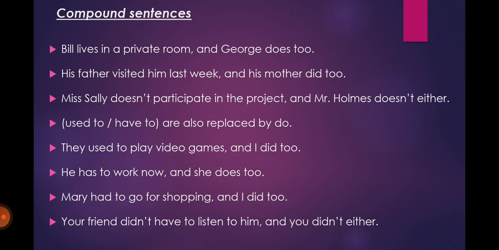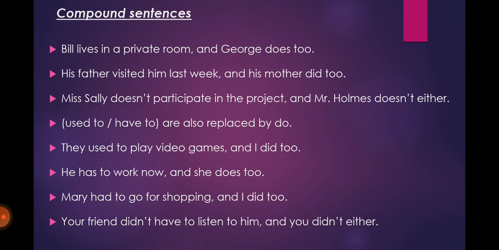We can have sentences that contain used to and have to. What do we do with such sentences? We also replace them by do. So I say, they used to play video games and I did too. إذن الجملة الثانية كانت بالأصل تحتوي على used to أيضا، لكن أنا اختصرتها لأول auxiliary اللي هو بهاي الحالة راح استخدم did، لأن أنا درست إنه used to ممكن أعوض عنها بالauxiliary did في حالة السؤال والنفي وحتى في حالة